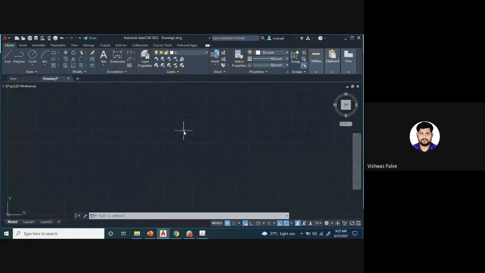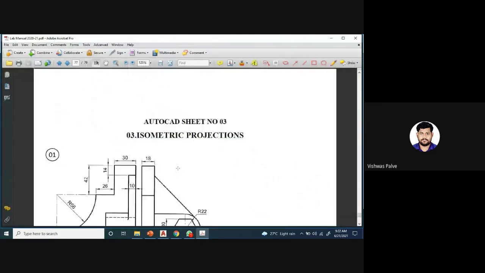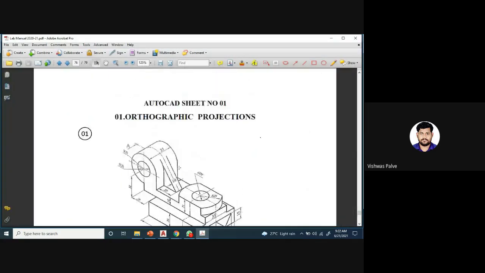Okay, so let us start with today's practical. Till now what we have seen is the draw toolbar and modify toolbar. Annotation and layers we have not yet seen, so today we are going to set the layers. You can open the page number in the PDF I have already shared.